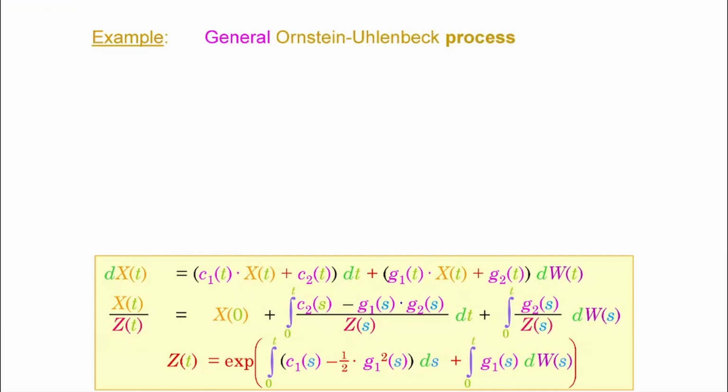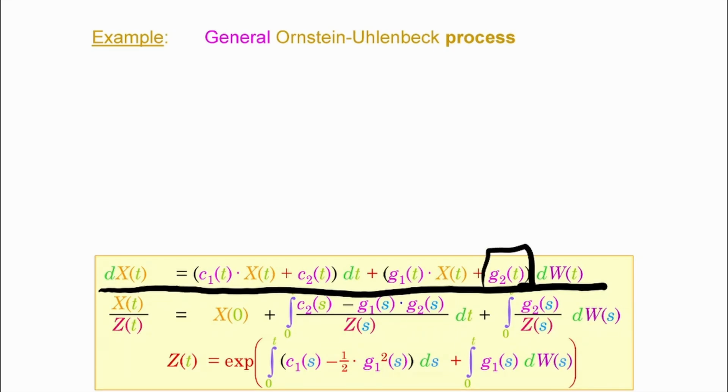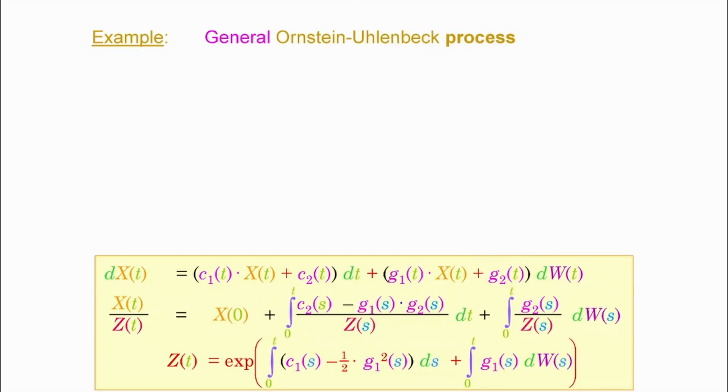So regarding, for example, the general Ornstein-Uhlenbeck process. You might remember that one. I'm not sure. If you don't, you can check it out, but this is going to be a special case of this process. You're going to have an additive constant and a multiplicative constant, but only for the drift function, not for the diffusion. The diffusion is always going to be depending only on the additive constant, as far as the general version is concerned.